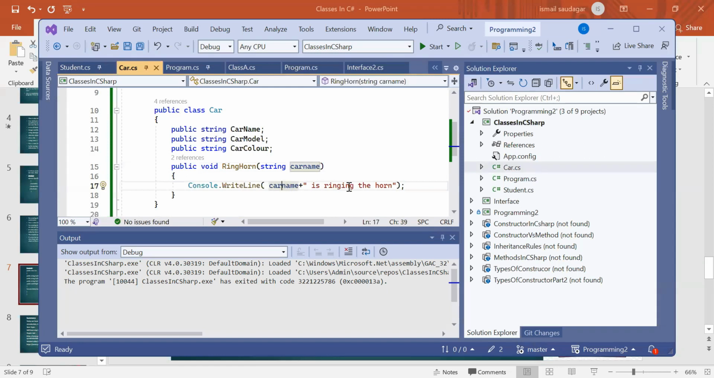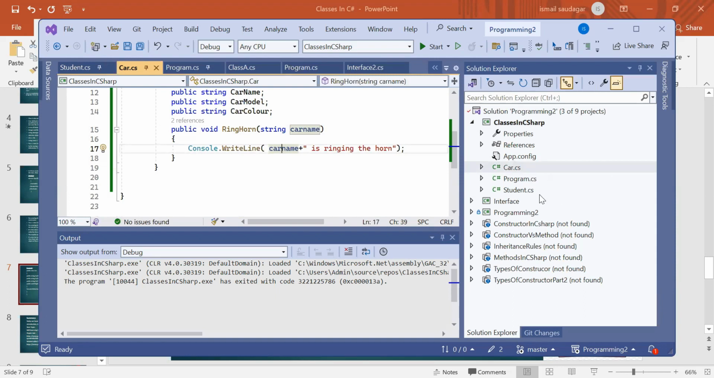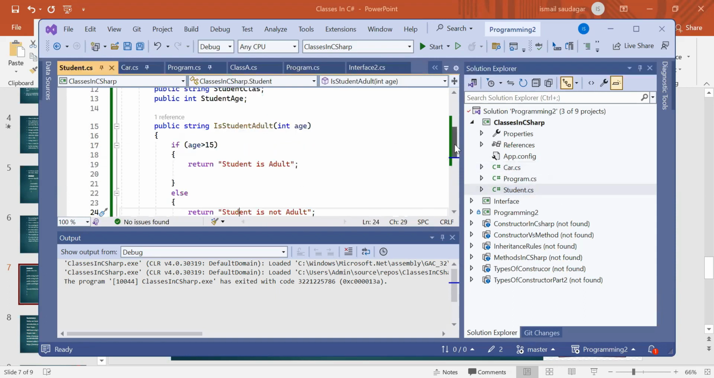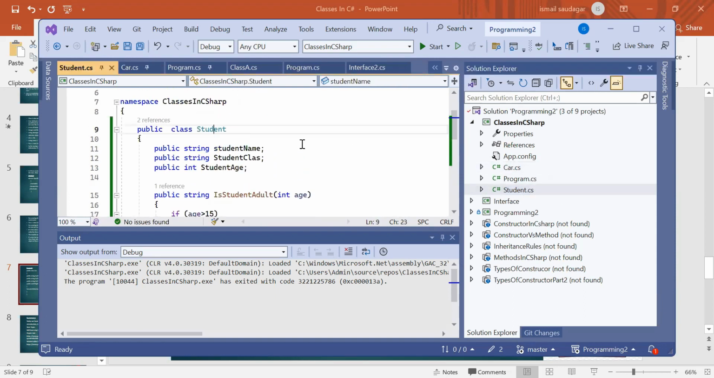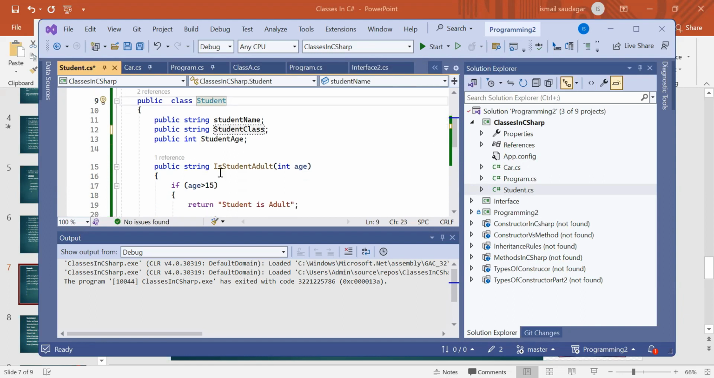The name of the car here is ringing the horn, and it will be printed on the console. Now the other class I have declared is Student. In this Student class I have declared three variables: student name, student class, and student age. Student age is of type integer, and it has one method, IsStudentAdult, which uses the age parameter